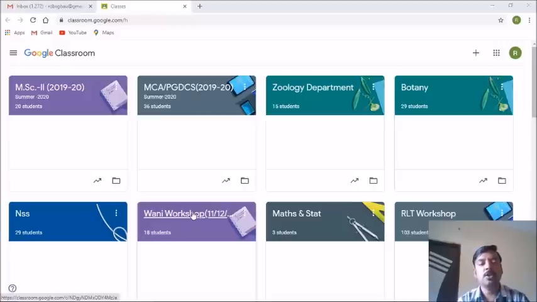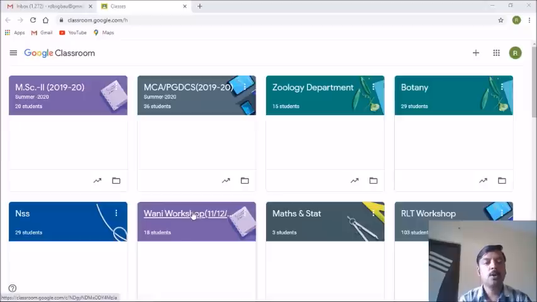In this session we are trying to play two different roles. In one role I will be a teacher, and in another role I will show you what type of interface will be shown to the students also. So at this moment we are playing the role of a teacher. So what a teacher needs to perform, I'll tell you.